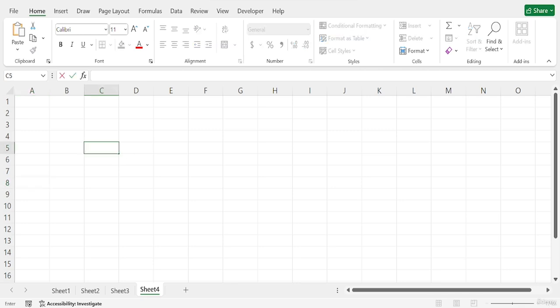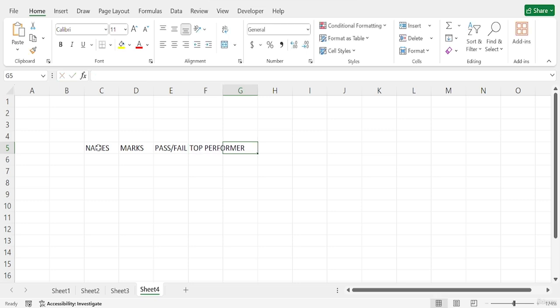So at first I will add the names of students, and after that I will add the marks for each student, and then I will add a pass or fail condition, and then I will add, let's say, top performer of the class, and after that, let's say, eligibility of a scholarship.